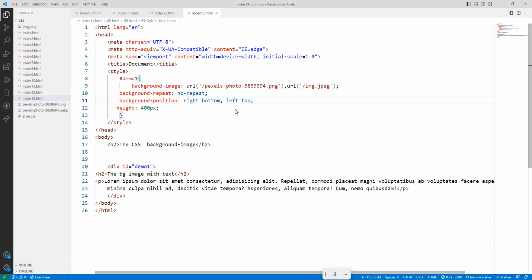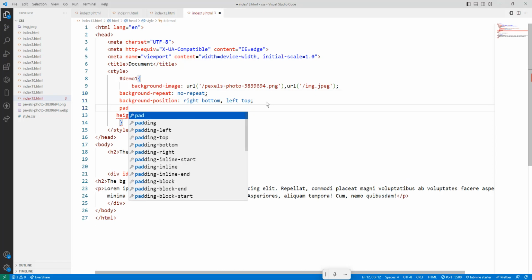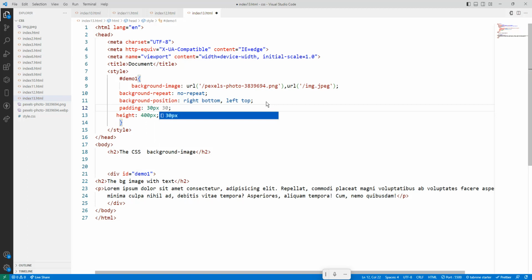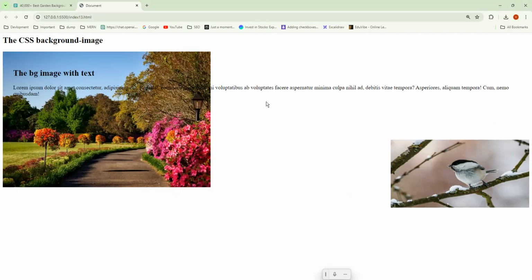Okay. So we'll add a background repeat, and we'll add a padding of 30 pixel. Got it. So this is how we can add multiple images. See, background image we have seen. So background position we have seen. So that's it. The next is a